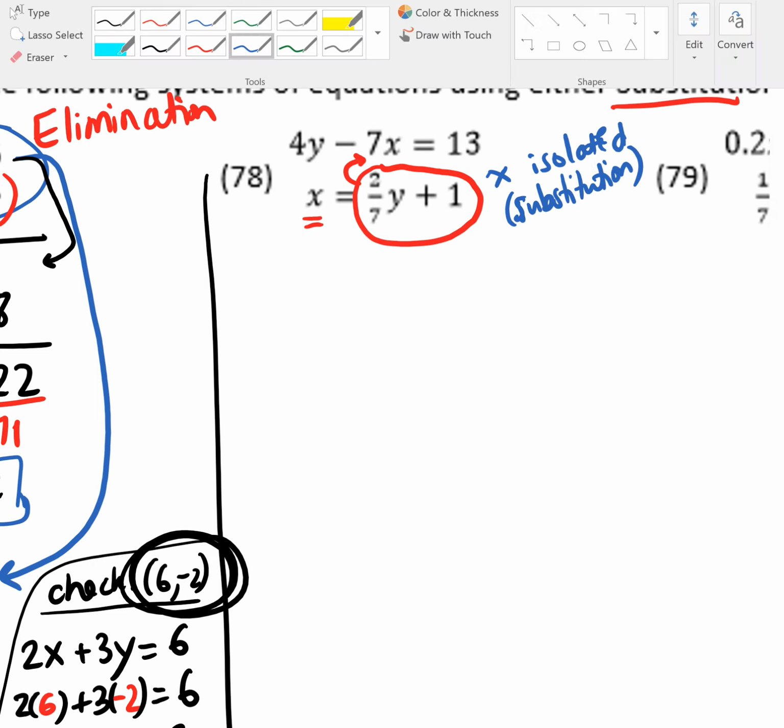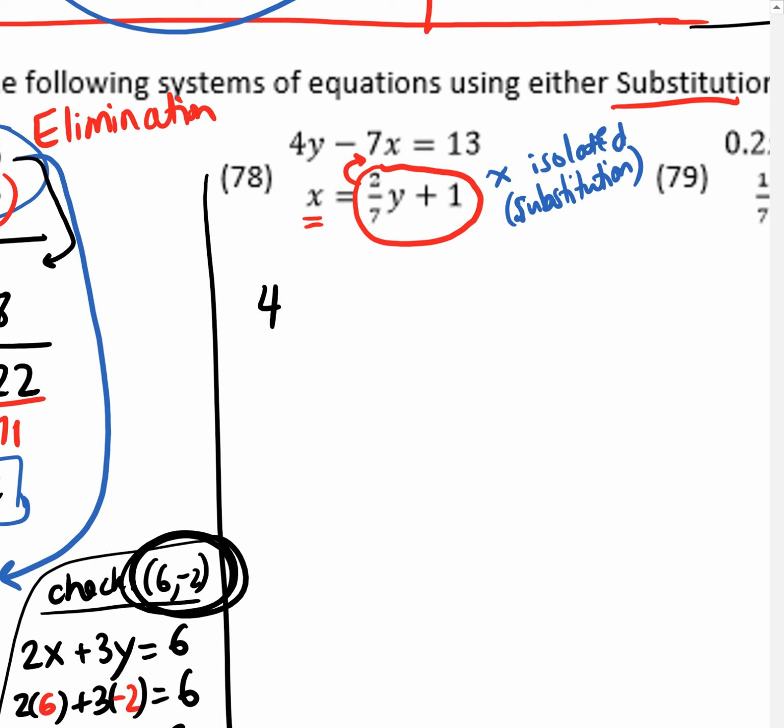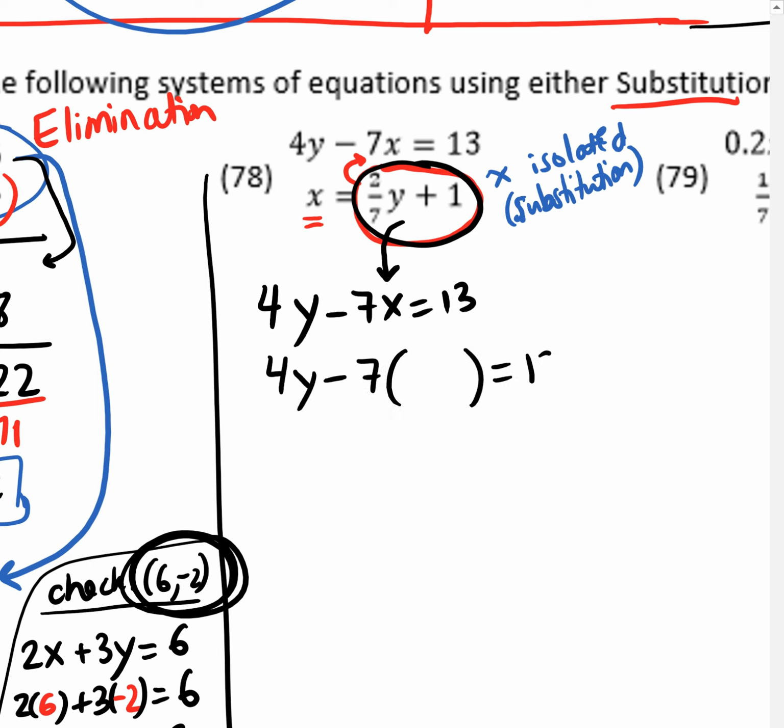Alright. So that means I'm going to rewrite the first equation, the top one: 4y minus 7x equals 13. But where the x used to be, I'm going to replace it with this whole expression here: 2/7 y plus 1. So 2/7 y plus 1 is replacing that. Okay, and then